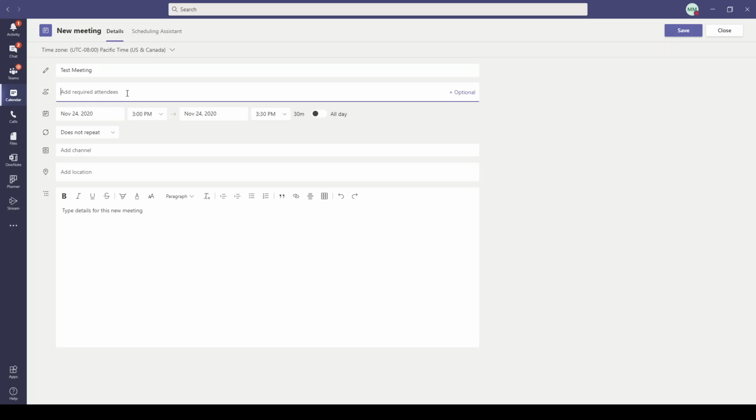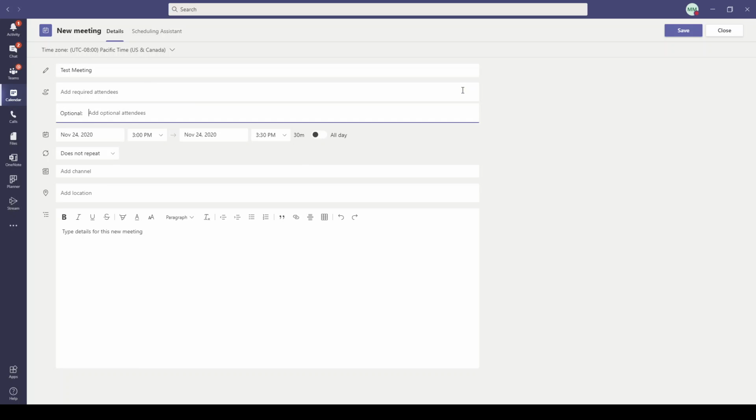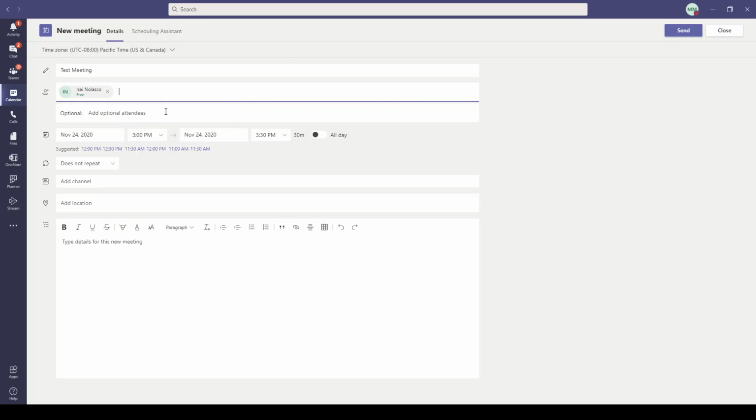You can directly choose who needs to be here, who is required, as well as clicking that button over to the right for optional attendees as well. So for this, I'm going to see if Isai is available, and it comes up as free, so that's good. And because it synchronizes with Office 365, it will tell you